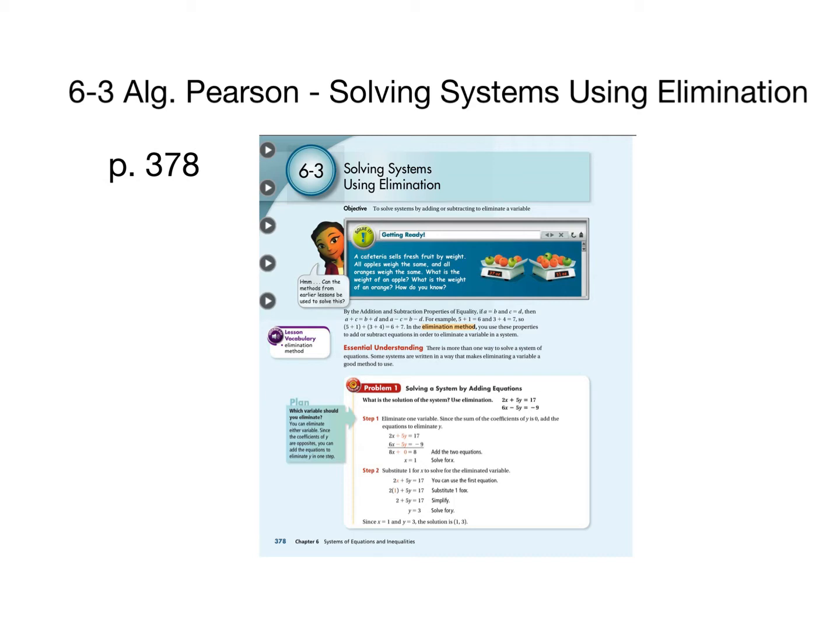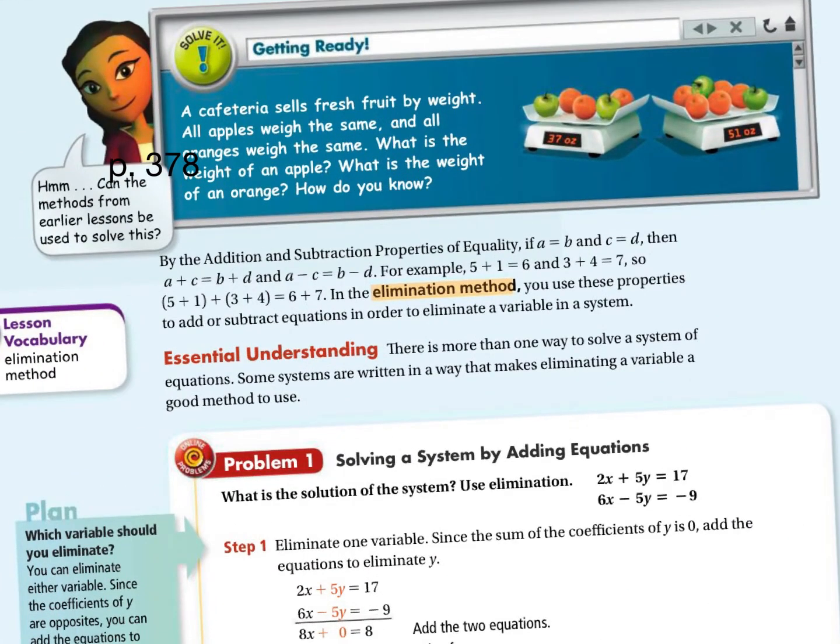The idea with all of this is kind of like having different tools. Like when you're fixing something, there's a time for using a wrench or a screwdriver or a hammer. And so the more tools we have, the more we can use the best tool for the given equation. So, elimination method,